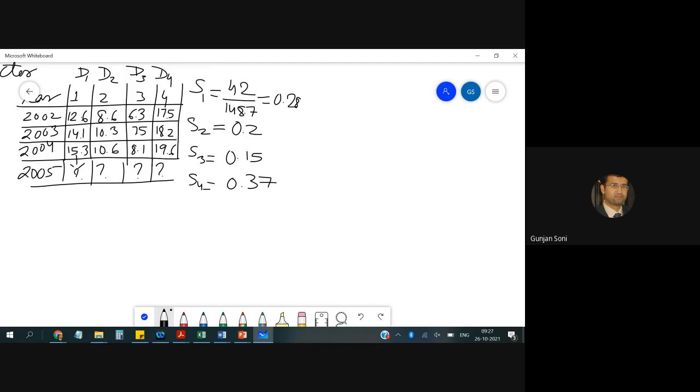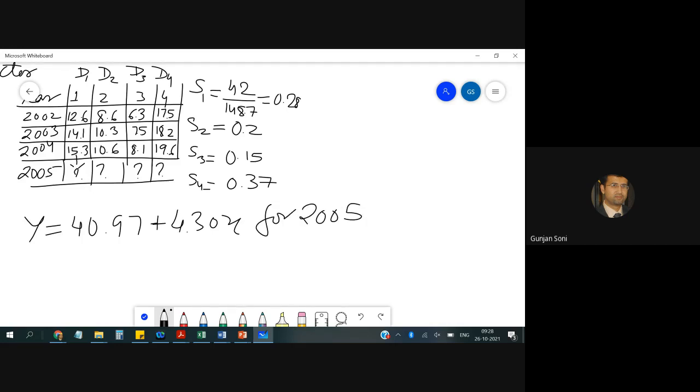Just like in the previous case, in this case also we can find the line based on the past data. So this is the line which we'll get. I leave it to you guys to calculate the value of this line. If you're not getting it, you talk to me later. So once we get this line for 2005,